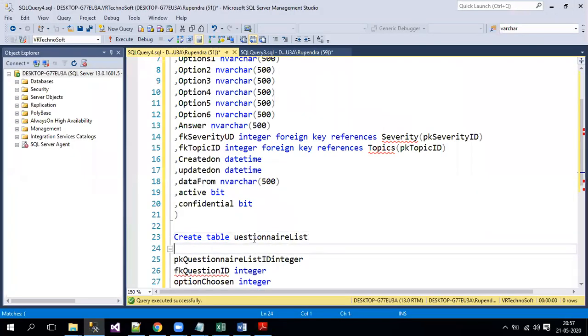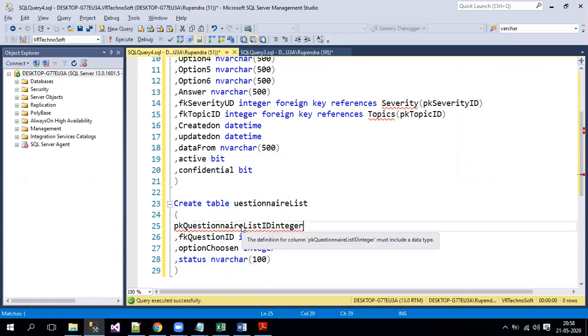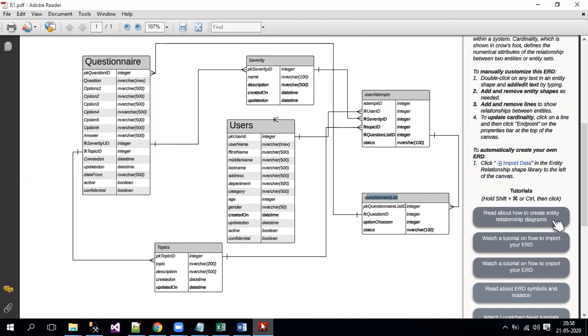Just keep it as open brace, close brace. Now I'll also mention the commas between the columns. Okay, the column name is very big, that's fine.